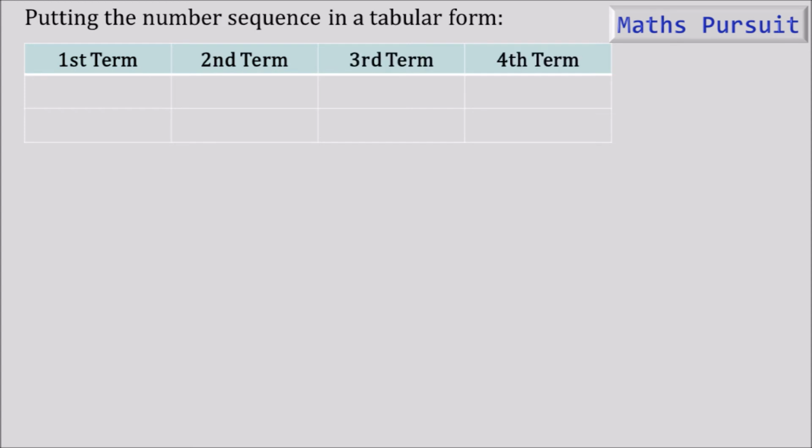Now putting the value 10,800 in the first term, 11,664 in the second term, 12,597 under the third term, and 13,605 under the fourth term. And again, naming these terms, we have already named them, so I'm putting A1 for the first term, A2 for the second term, A3 for the third term and A4 for the fourth term.